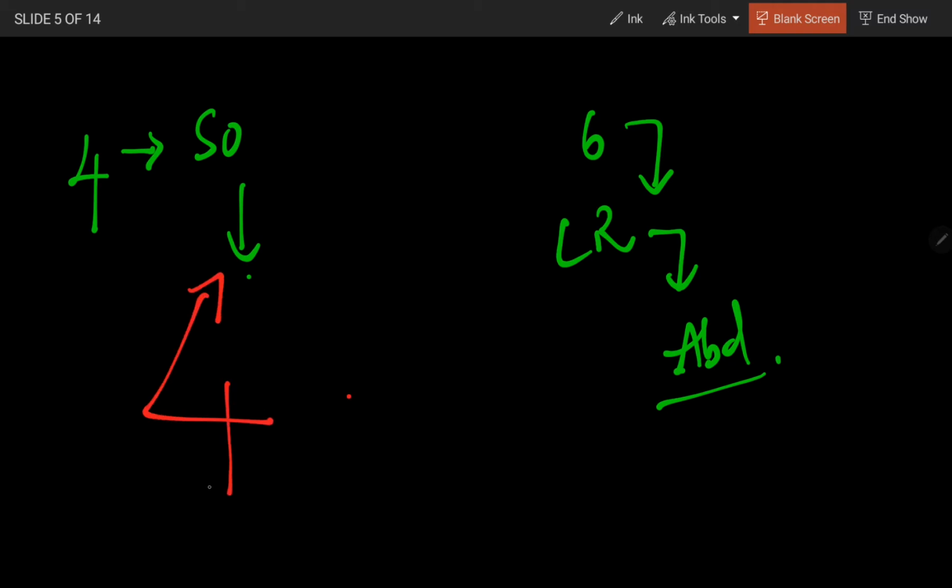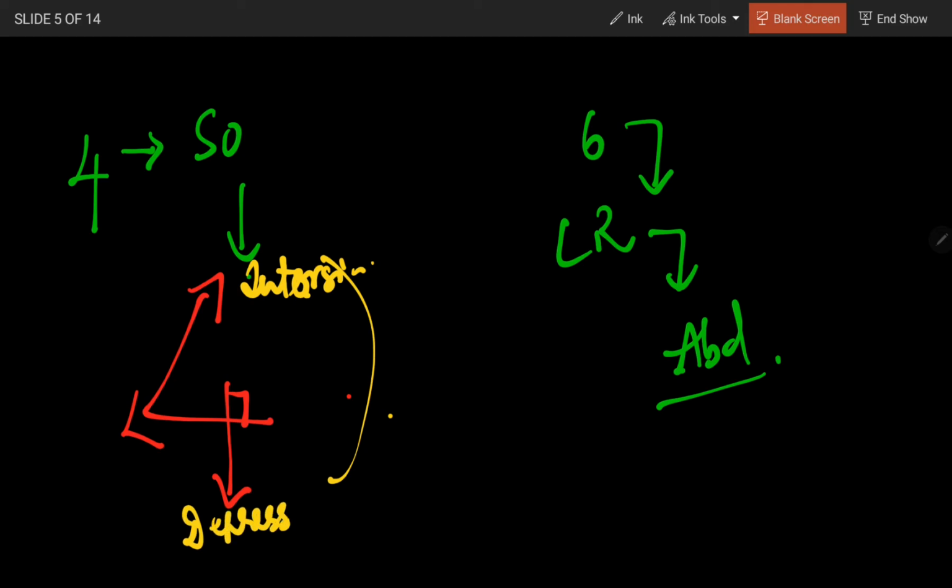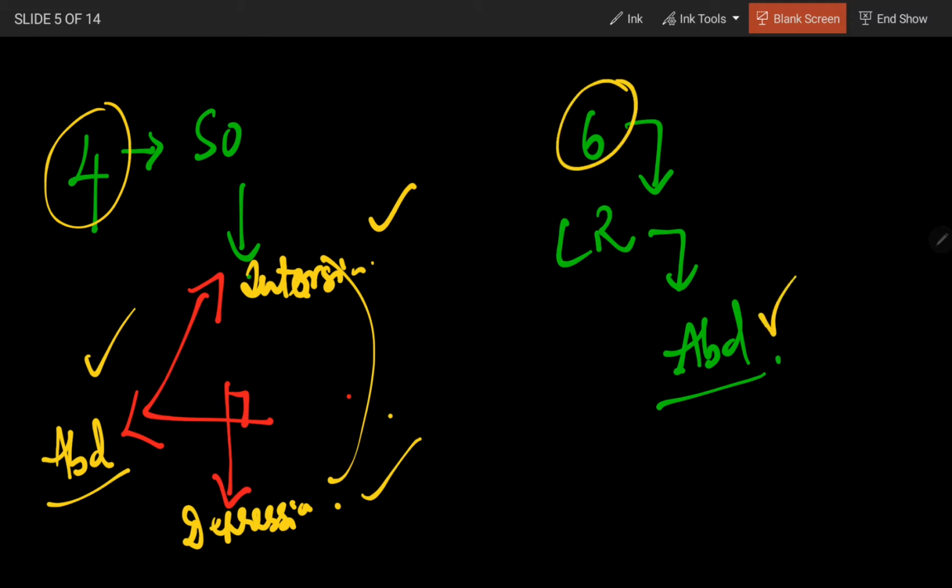Again put arrow marks 1, 2, 3. Here rather than putting an arrow mark, we'll put this and make it perpendicular. Simple. Now let us write, this is intorsion because it's going inside. It's going inside, so it is intorsion. Next, it is coming down, so it is depression and abduction. These are the 3 functions of superior oblique: intorsion, depression and abduction. Both fourth nerve and sixth nerve are doing abduction function.